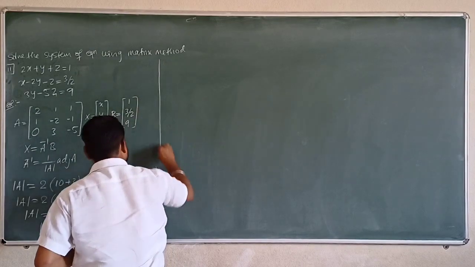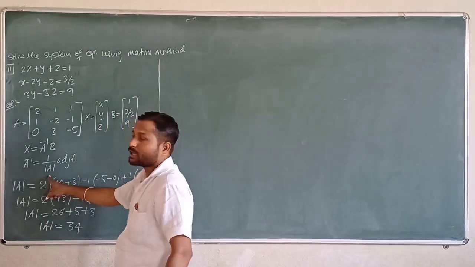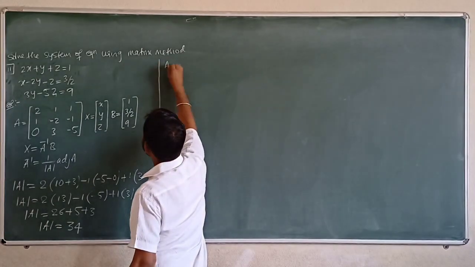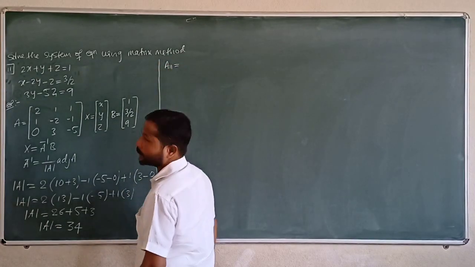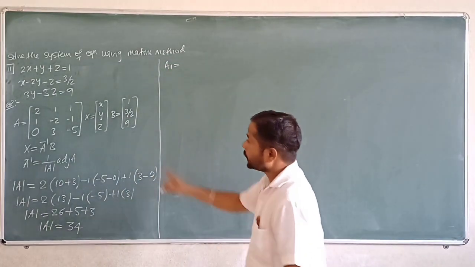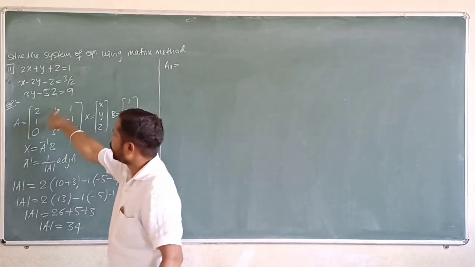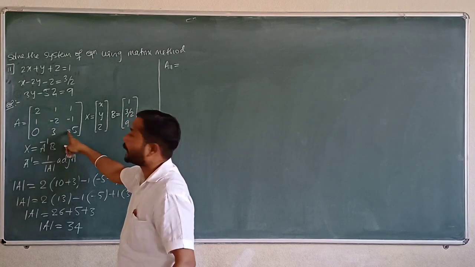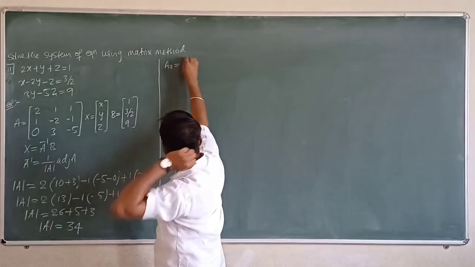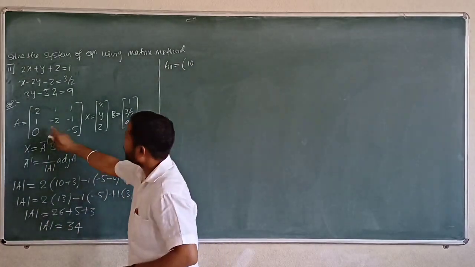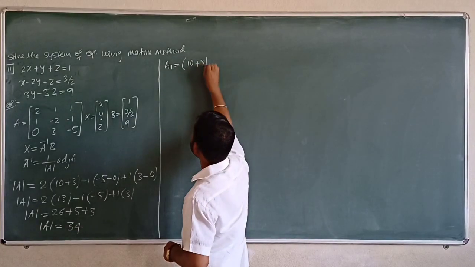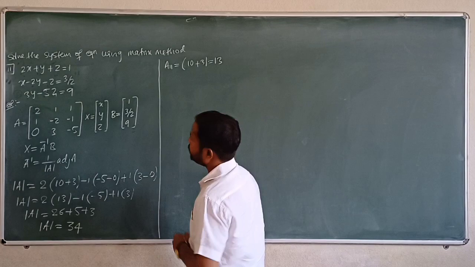A inverse, for that to exist, what do we need? We need the adjoint, correct? Take it, this is the adjoint now. A11 is positive or negative? Positive, correct? Delete first row first column, minus into minus plus 2 5s are 10, correct? That is the 10 now, right? Plus into minus minus, minus into minus plus 3 1s are 3, 10 plus 3 is 13 now, right?